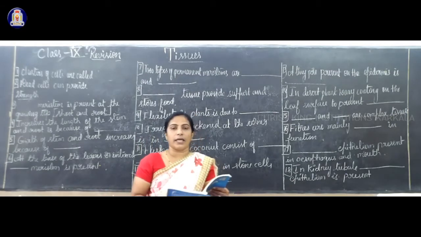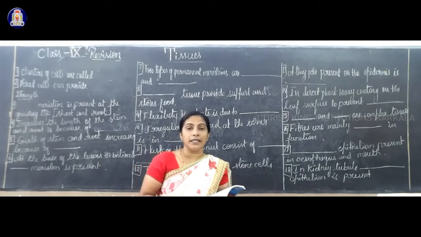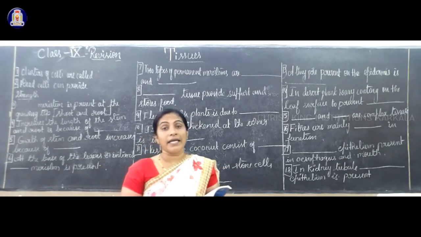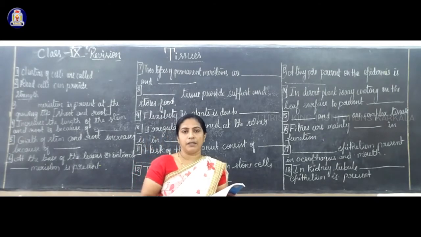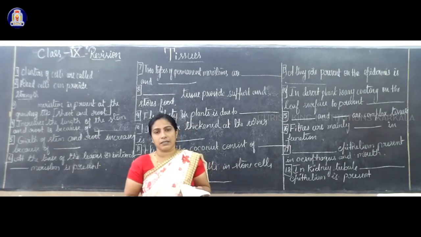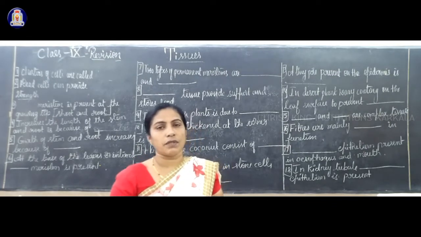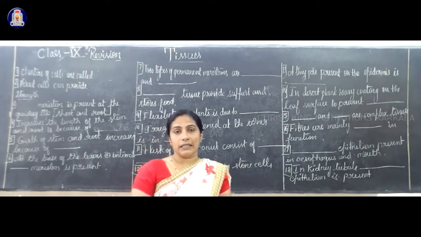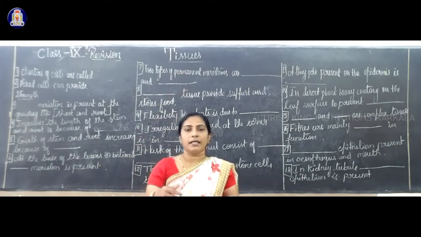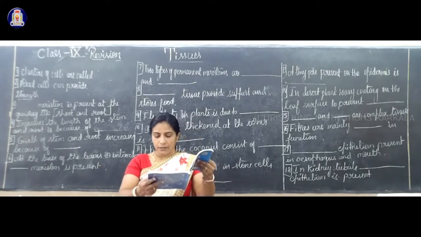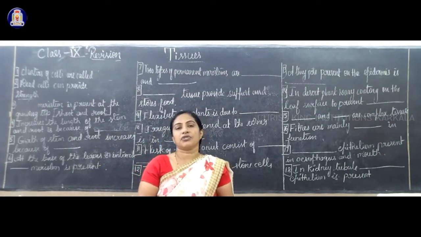In that same page number 69, there is no need to draw the diagram. A diagram is given. Identify the apical meristem. Sometimes they give it like this: identify the growing tip. Both ends; here in your diagram only one end is given, that is called the shoot tip. And the intercalary meristem is at the base of the leaves. It is not only on one side, it is in the stem and root also, that is called the lateral meristem.